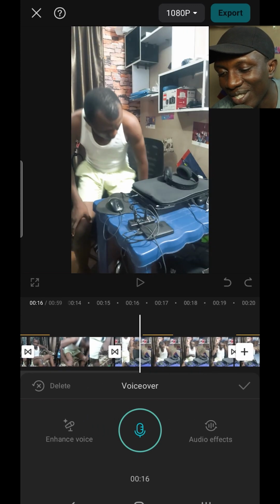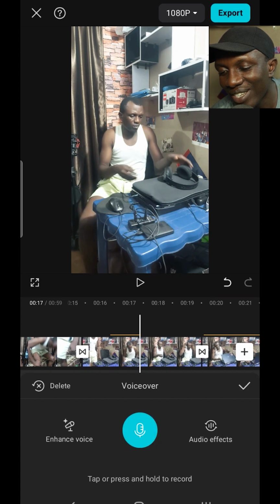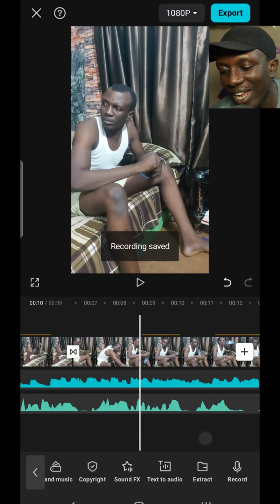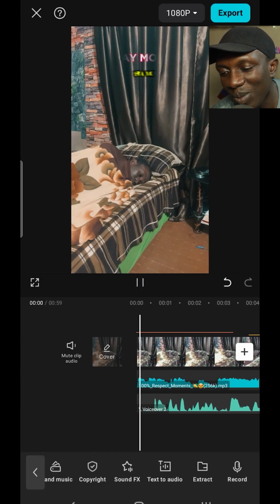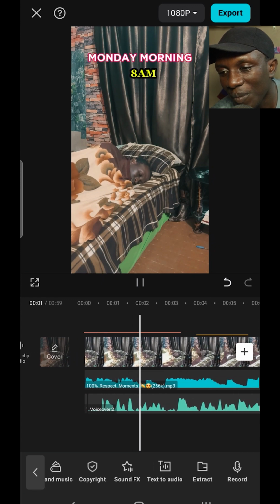So just take it like that, then you click again and it stops, and you can see it automatically added to the timeline. So when you play it like this,